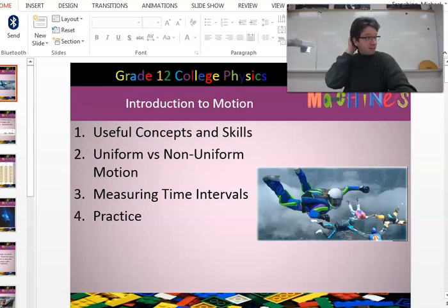All right, so we're going to cover a couple things in this lesson. We are going to go over some new concepts, and we're going to differentiate between what uniform and non-uniform motion is, and then we're going to look at how to measure time intervals. So let's start